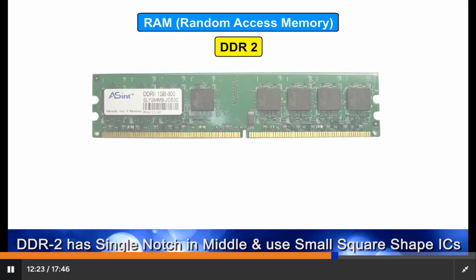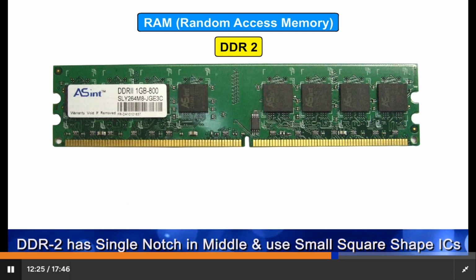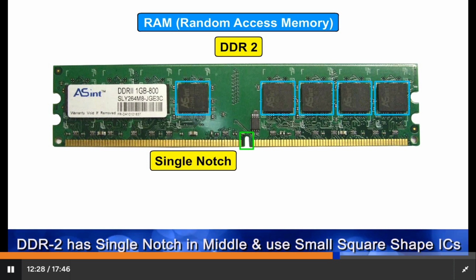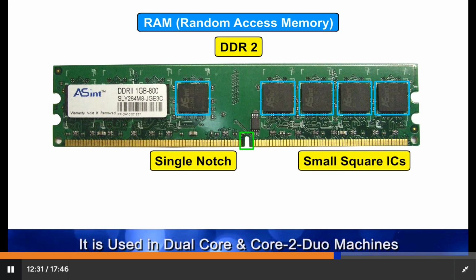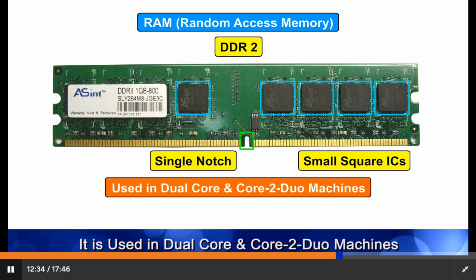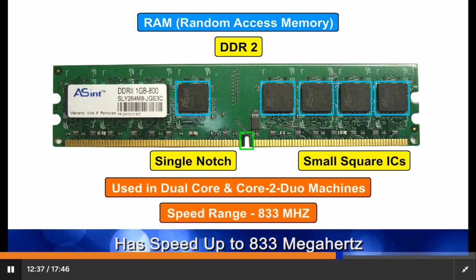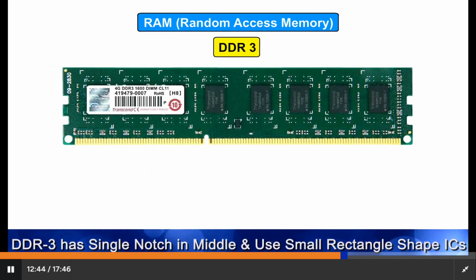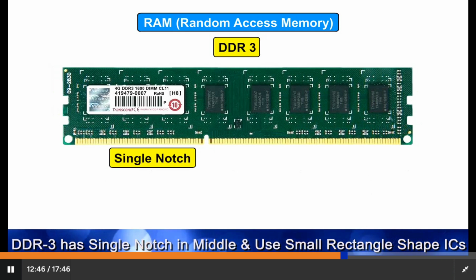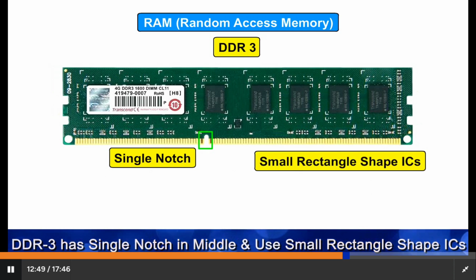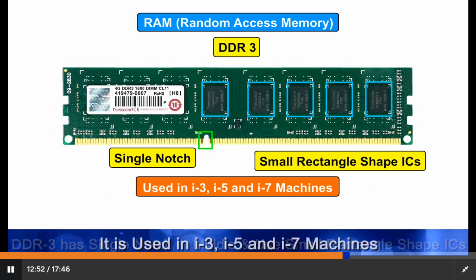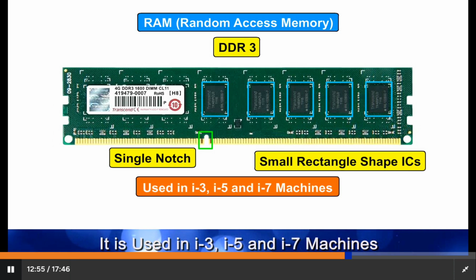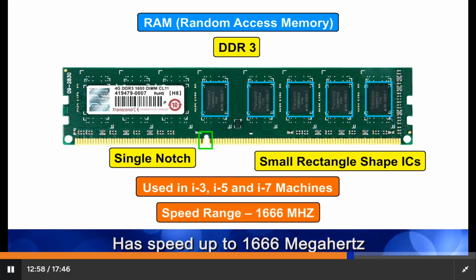DDR2. DDR2 has a single notch in the middle and uses small square shape ICs. It is used in dual core and Core 2 Duo machines and has speed up to 833 MHz. DDR3. DDR3 has a single notch in the middle and uses small rectangle shape ICs. It is used in i3, i5 and i7 machines and has speed up to